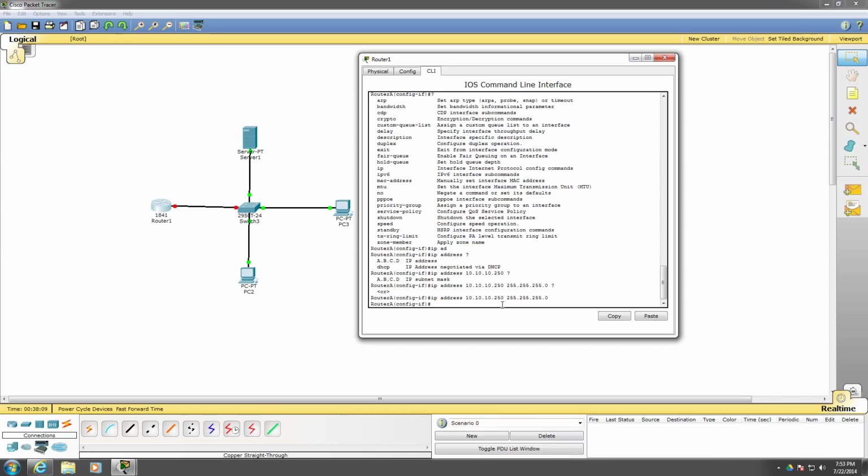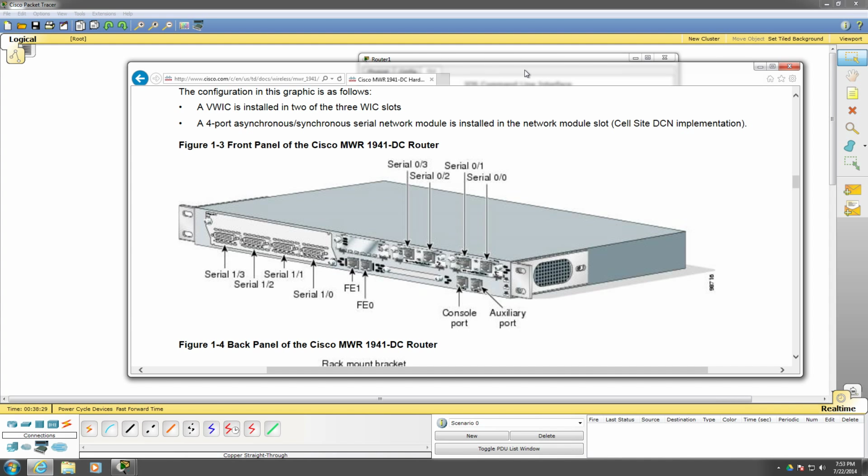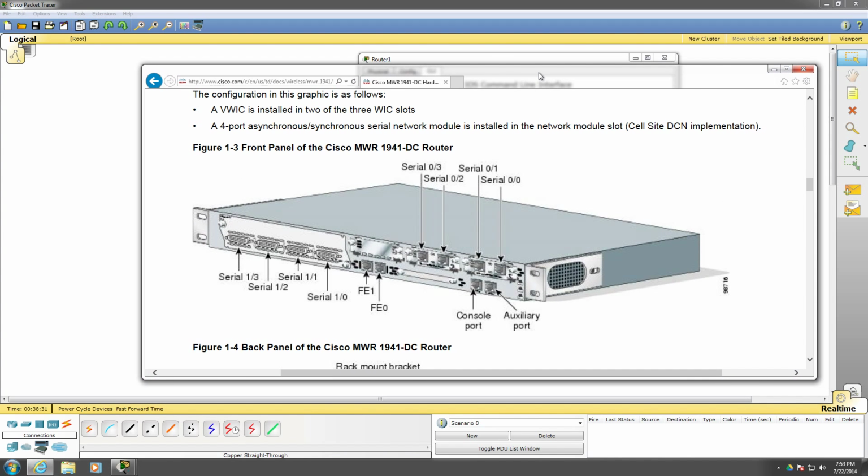So once we've assigned the IP to this specific Fast Ethernet 0/0 interface, we have a question. It says, what does 0/0 mean relative to this device? This was kind of confusing to me back when I began with Cisco, but I'm going to pull up some visualizations. Anytime you see Fast Ethernet 0/0, 1/1, or maybe serial 1/0,